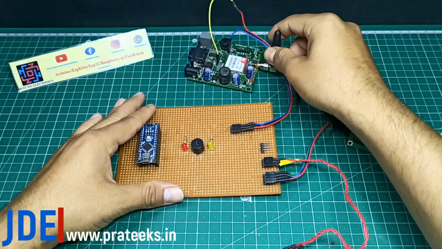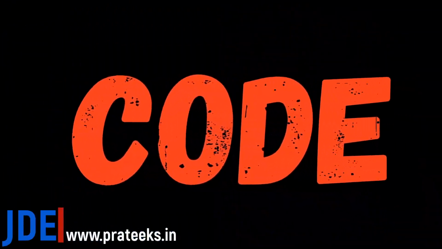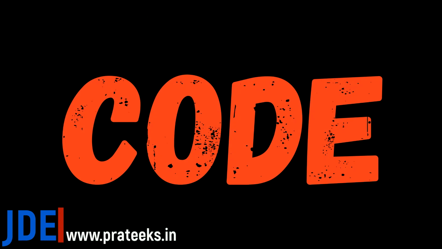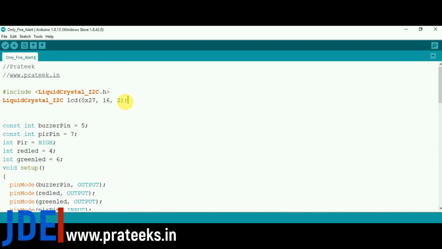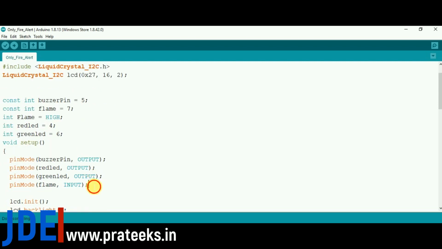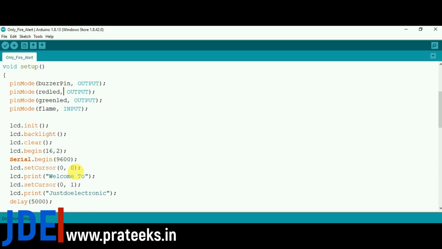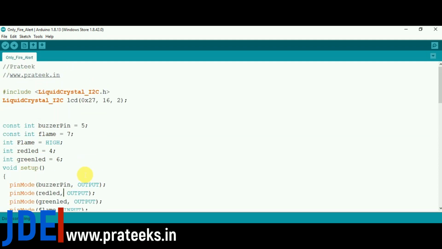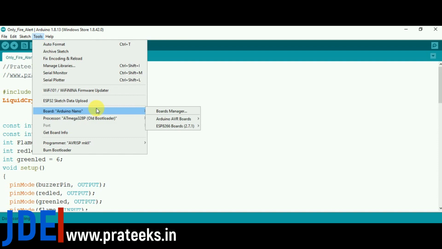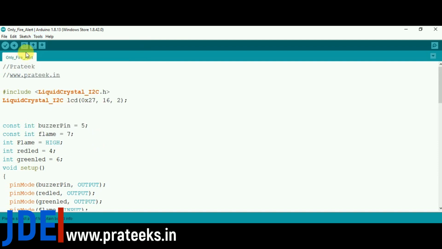Okay, let's go to the final code. For making the code, I am using the Arduino IDE software. First you include the libraries and check all the pins, check all the output or input pins, check the baud rate, and go to Tools, select board, select port, and press the upload button or compile button.